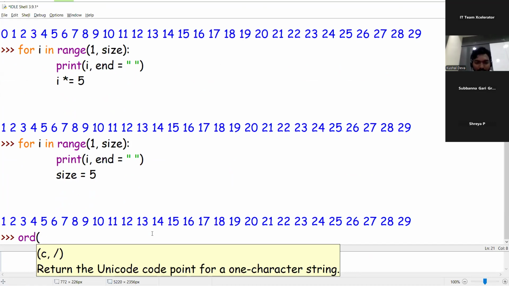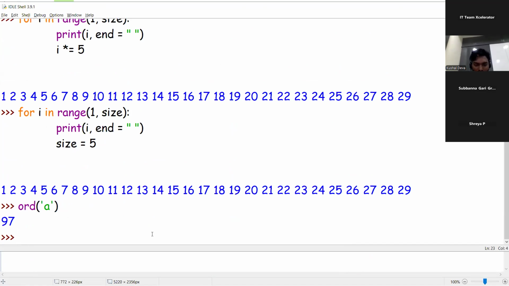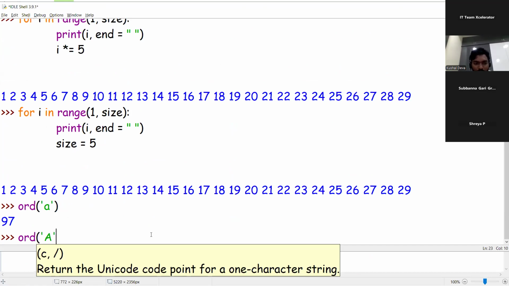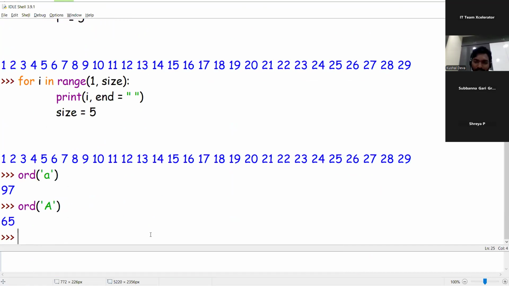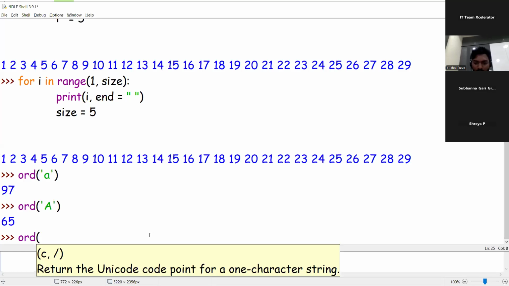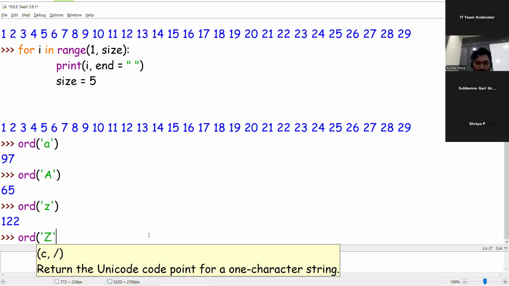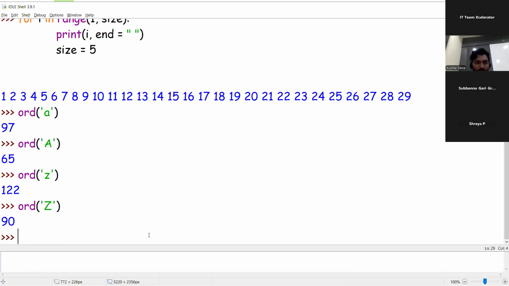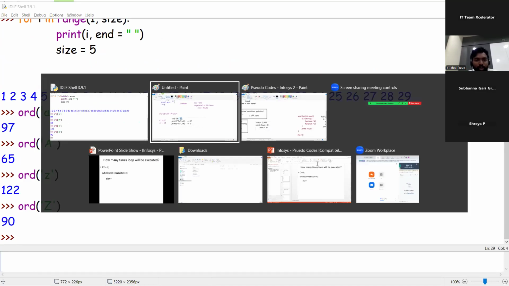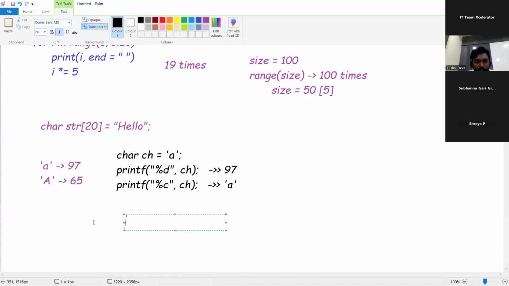So let's say character a. What you get is 97. So ord of uppercase A, what would you get? 65. If you also want the endings of both A to Z, ord of z gives 122, and ord of capital Z gives 90. So 65 to 90 are for capital A to capital Z.